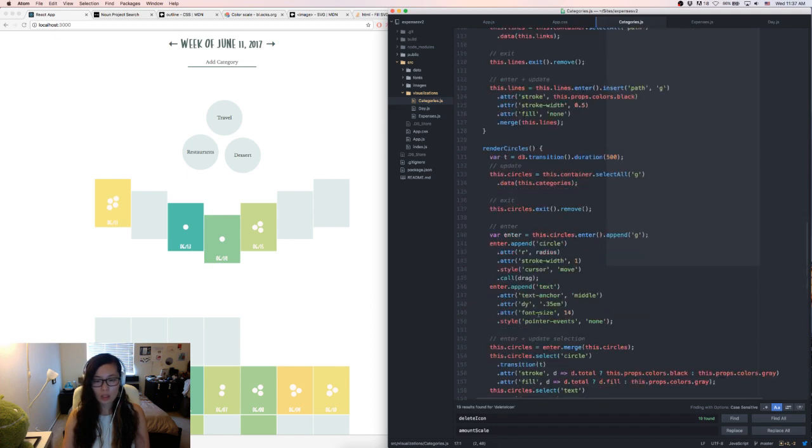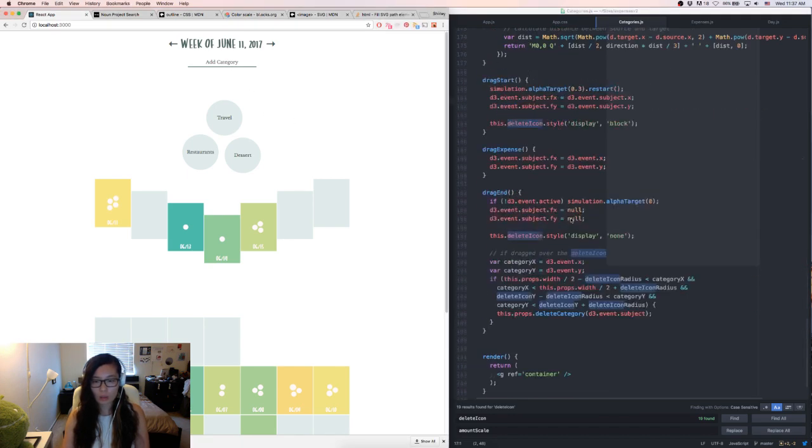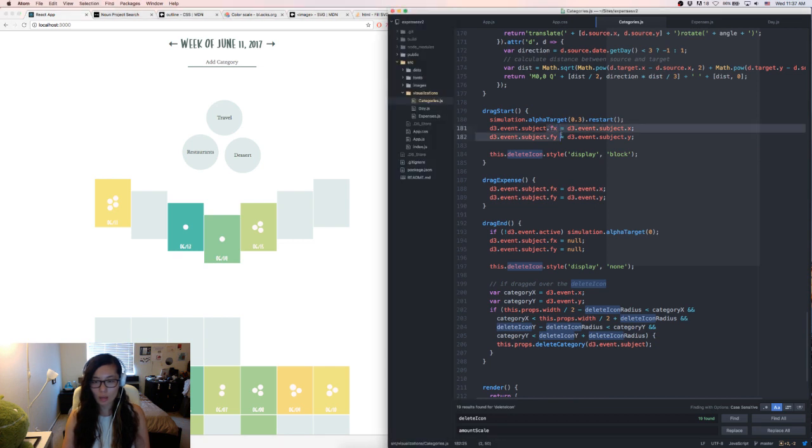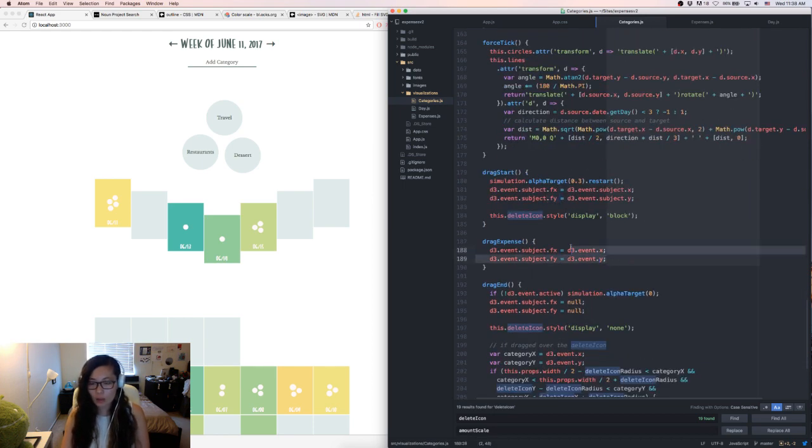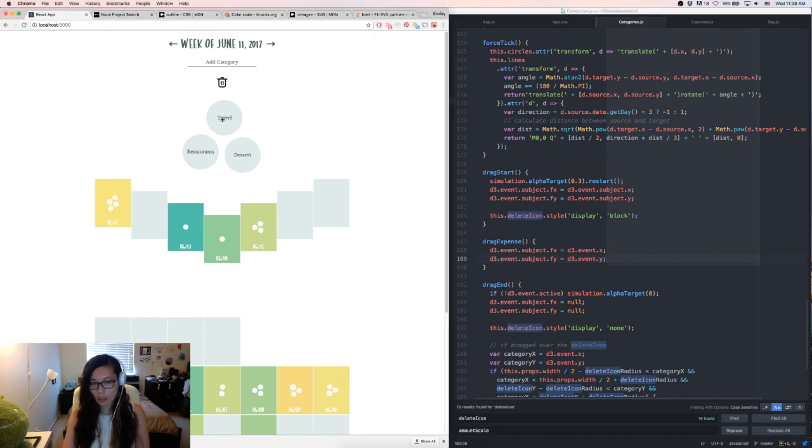I just realized, when I'm doing the dragging, I'm setting fx and fy, which are the fixed positions. UX Adam says, when you click to grab, what's defining the point where it's being grabbed? Okay, so I am using d3.event.x and d3.event.y, which I think is what D3 calculates for me. Now that I think about it, I wonder if it's actually giving me